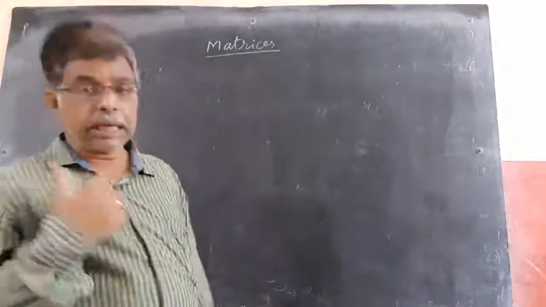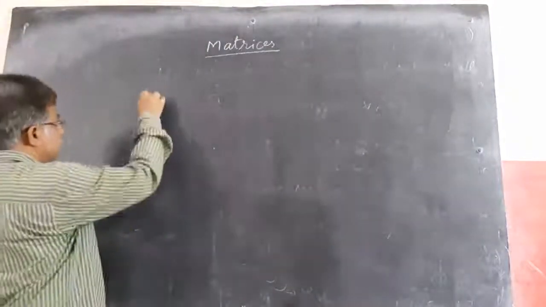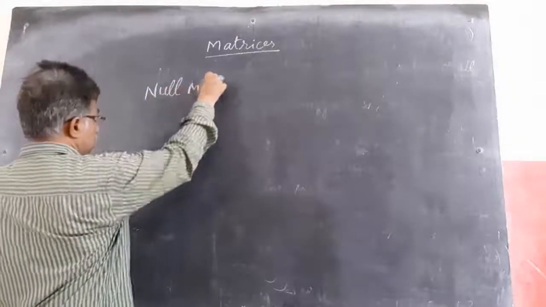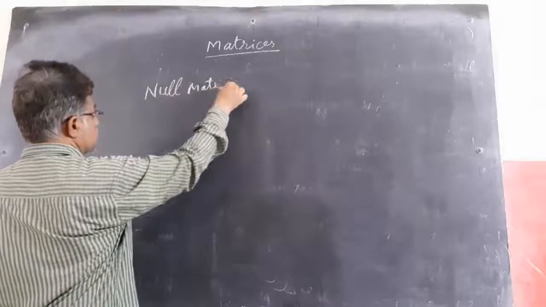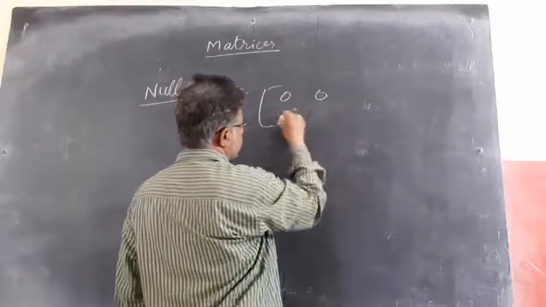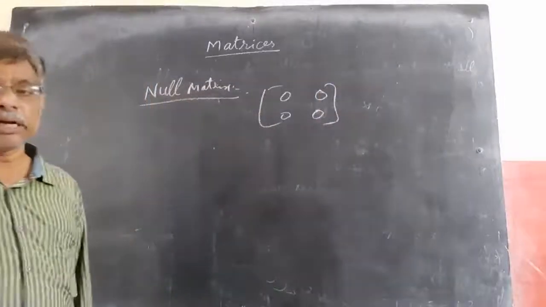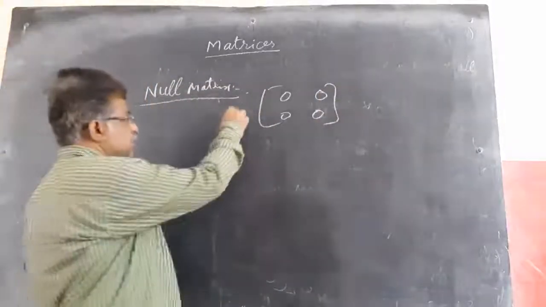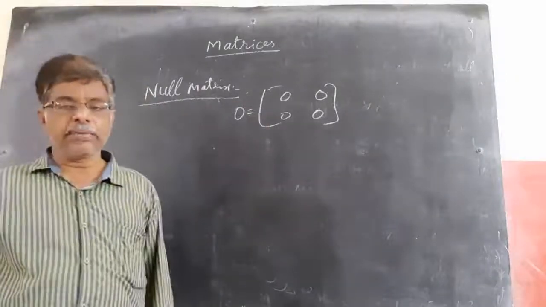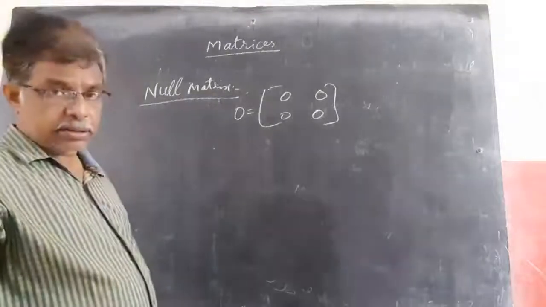Next, null matrix. Null matrix means all the elements of a matrix are 0. Null matrix or 0 matrix means all the elements are zeros like this. If all are zeros, then it is called a null matrix or 0 matrix. Next,